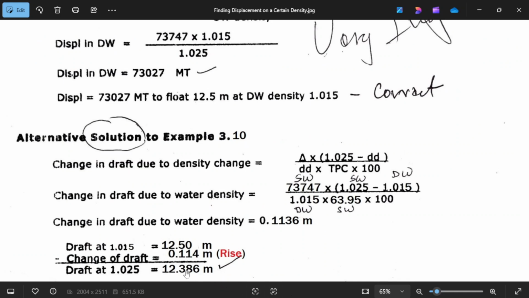If you round it up, that will be 0.1136. So this is the change of draft.